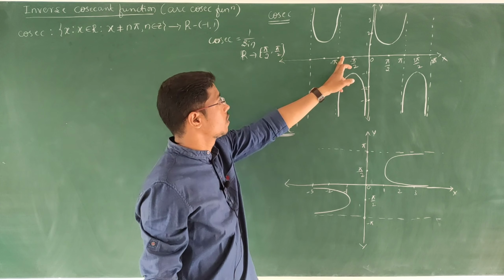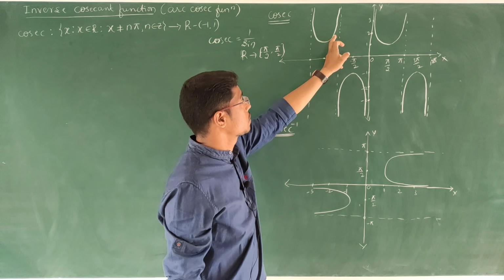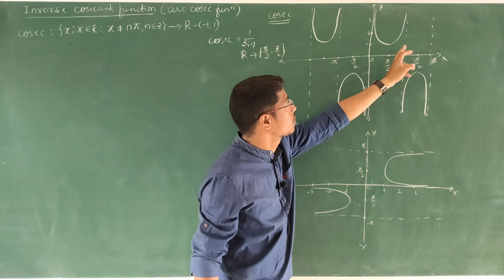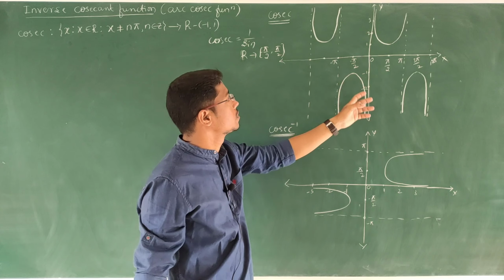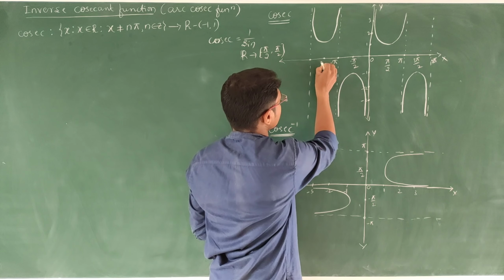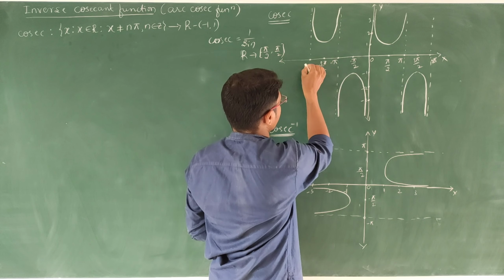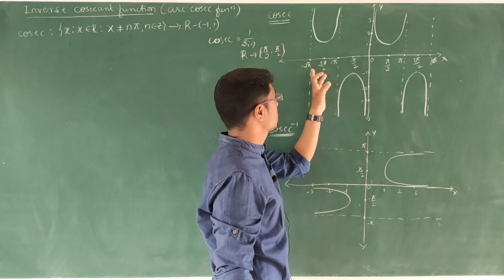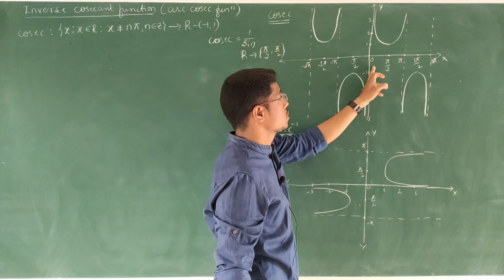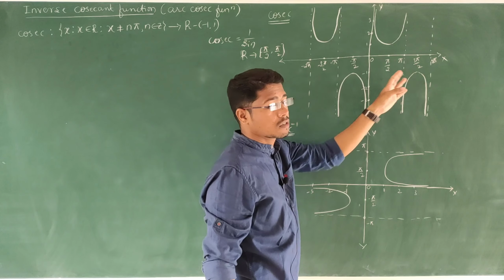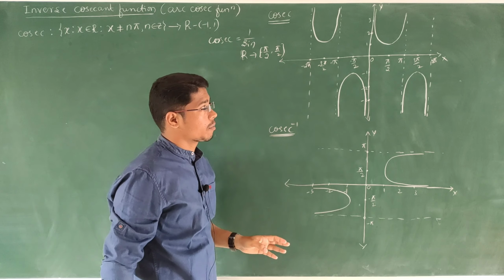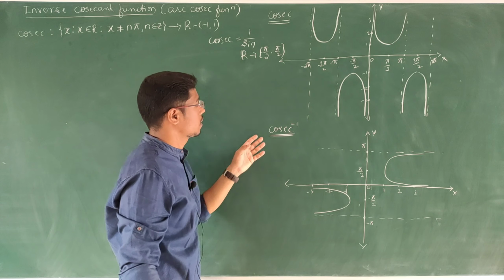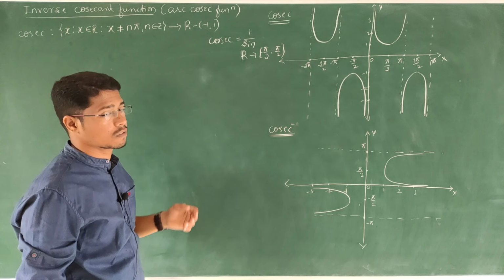See here, this is the graph of cosec x. It doesn't touch the lines at pi or 0. Here is 3 pi divided by 2 and minus 2 pi, where n belongs to Z, that is minus 2 pi, minus pi, 0, pi, 2 pi. It doesn't meet the lines at n pi, generally. Okay, now let us define the cosec inverse function.